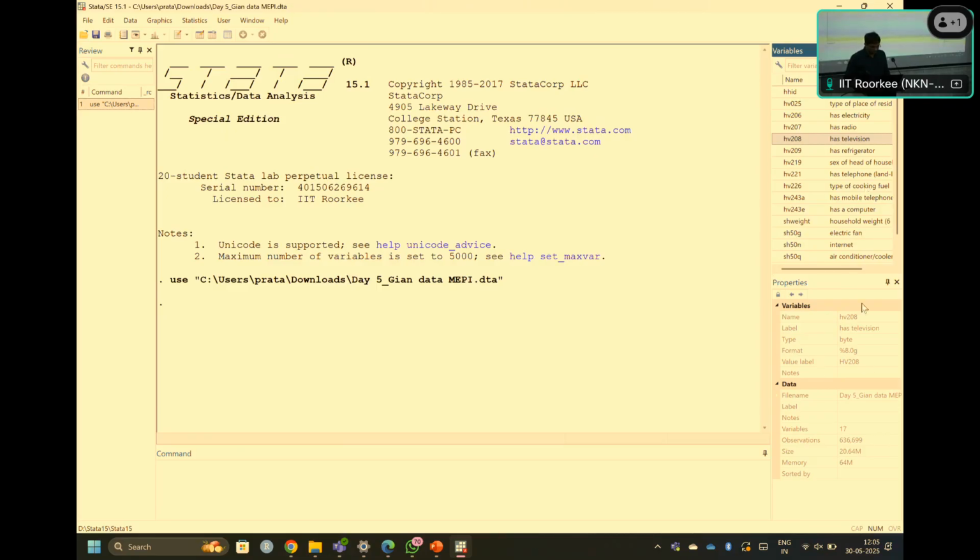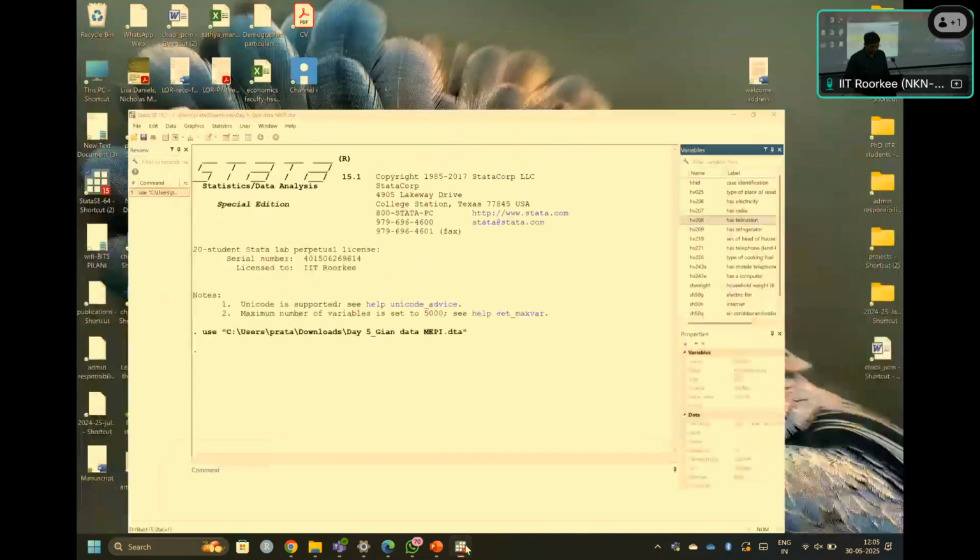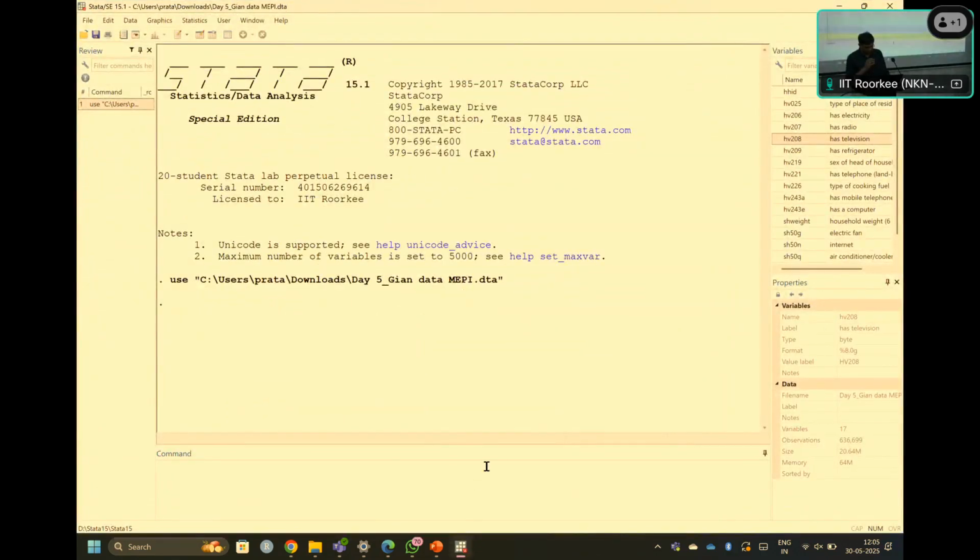Okay, so coming to understanding the MEPI and its calculation. The first step is to install the package. You might have done this. So SSC install MEPI, isn't it?